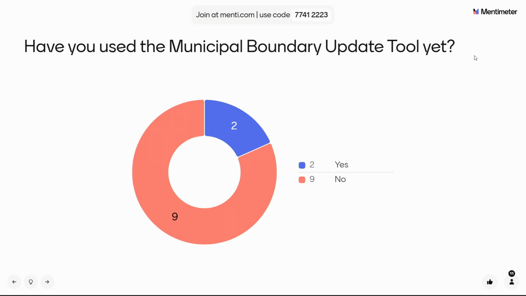If you can't approve the boundary because it's incorrect, the next option is to submit an annexation. And if the annexation happened in 2024, I would just go ahead and submit the annexation as the second option. Or you can use the third option where you say the boundary's wrong. It's going to prompt you for a lot of the same information. So if the boundary's wrong, when did it change? And you're just submitting the same annexation information there.